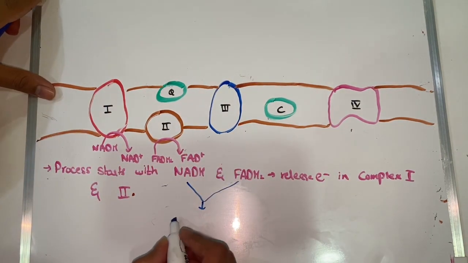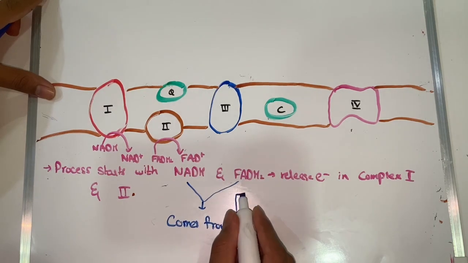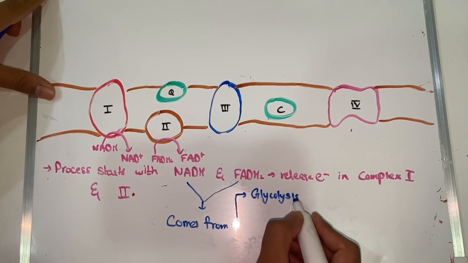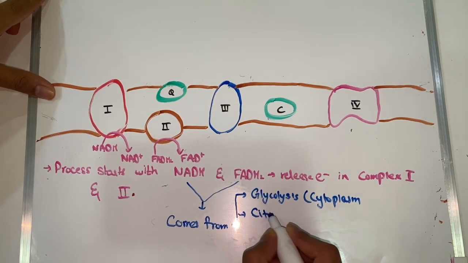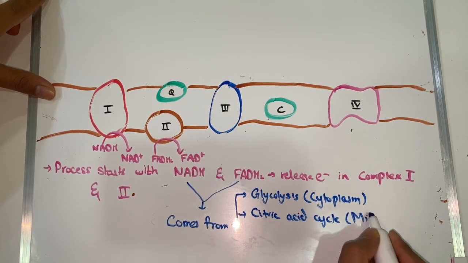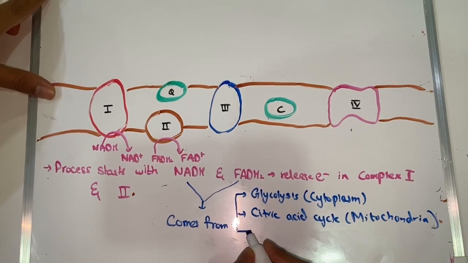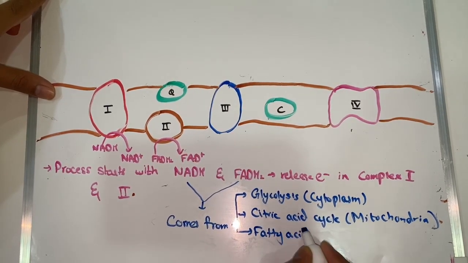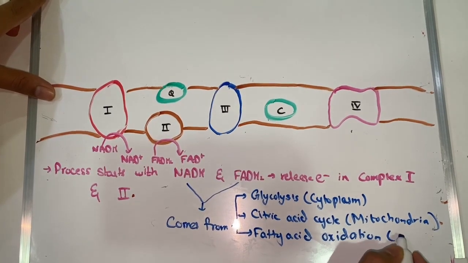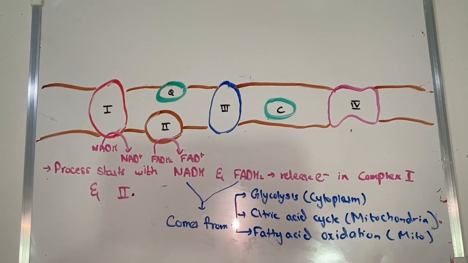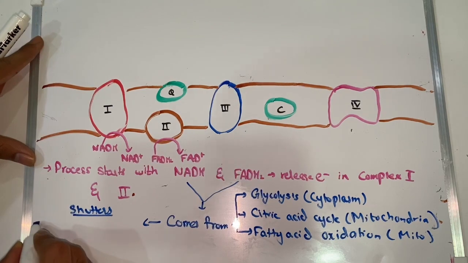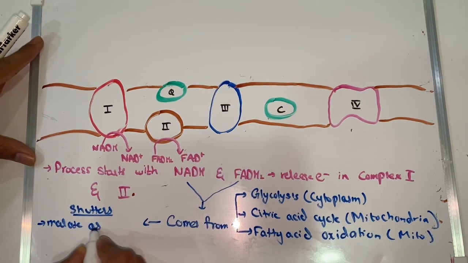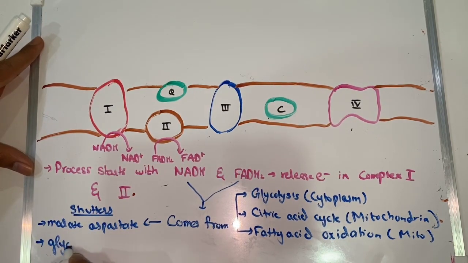NADH and FADH2 come from different processes like glycolysis, which happens in cytoplasm, the citric acid cycle or Krebs cycle, which happens in mitochondria, fatty acid oxidation, which happens in mitochondria, and there are different shuttles in mitochondria from where the molecule comes through